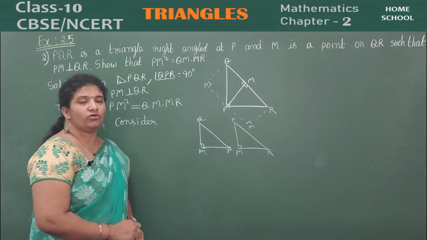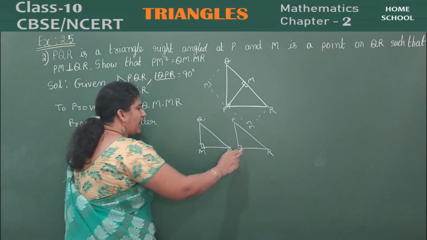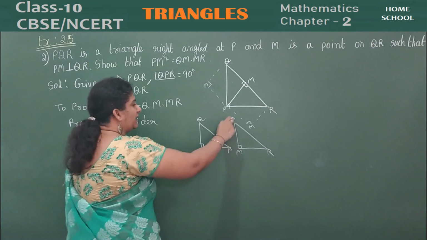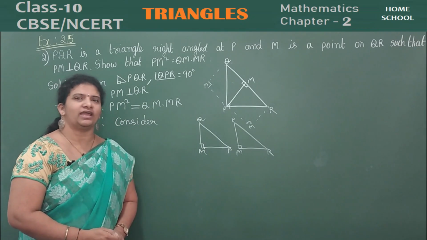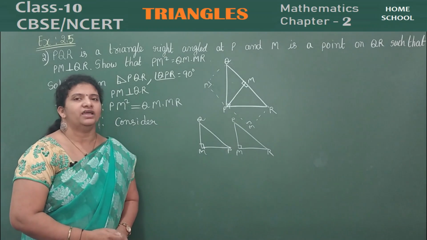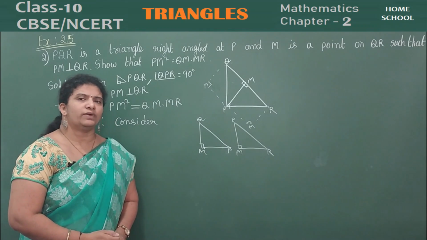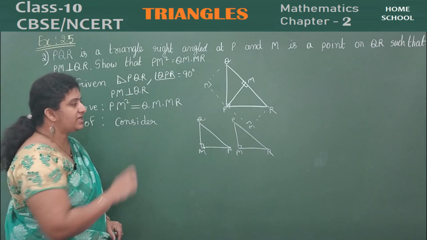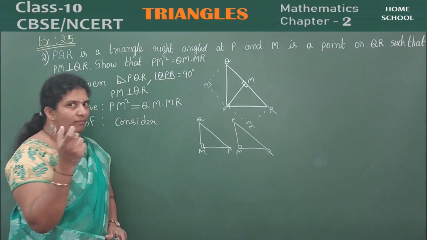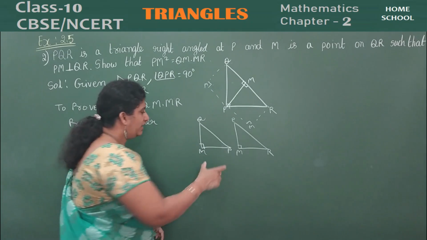Okay. Now how do you observe here? Angle M right angle, P common. Therefore, the two triangles are similar according to angle similarity criteria. If they are similar, you can equate the ratios. Which ratios you are going to equate? See the ratios which side is common. I gave you a hint, right?